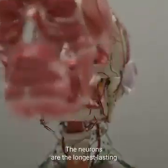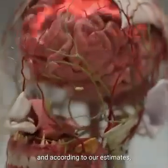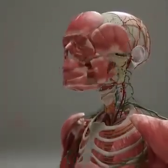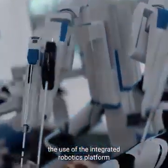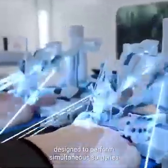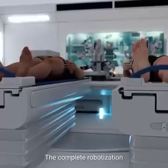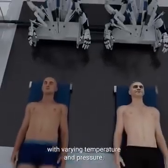The neurons are the longest-lasting functional cells in the human body, and according to our estimates, the brain is capable of lasting several hundred years, provided that the rest of the body remains young. The BrainBridge concept involves the use of an integrated robotics platform comprised of 2 autonomous surgical robots, designed to perform simultaneous surgeries on 2 bodies side by side within a single setup. The complete robotization of the process allows for the surgery to be performed in an environment with varying temperature and